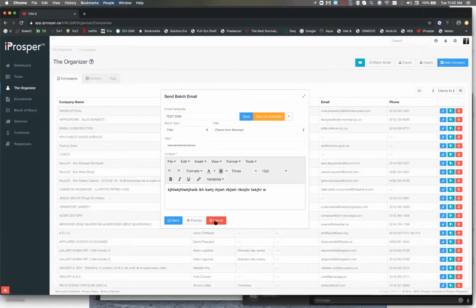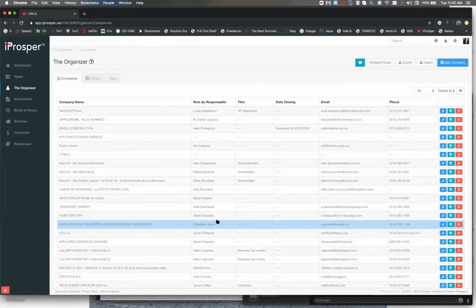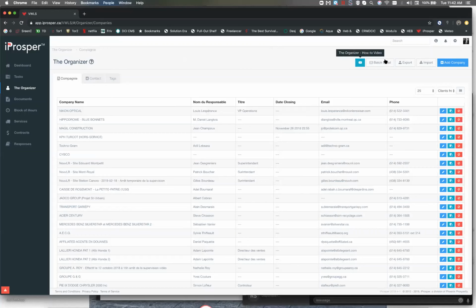We do send out. It sends out the email to all your customers that live in Montreal with their personalized name, phone number, and all that. So as you can see, it's very fast, very efficient. It's a lot better than how it used to be before when you had to do those things one by one. So I know there's a lot of people that still work like that, but with this,